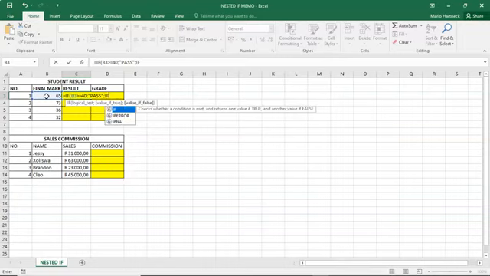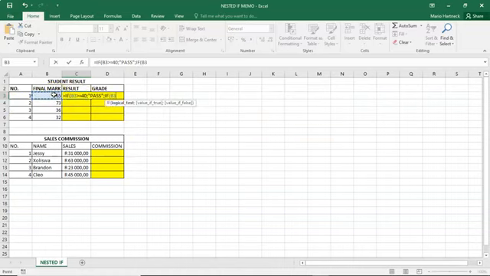If, however, this mark is more or equal to 35, then semicolon, the following must happen: inverted comma, the student will supplement, close your inverted comma, semicolon, or the student will fail, inverted comma,